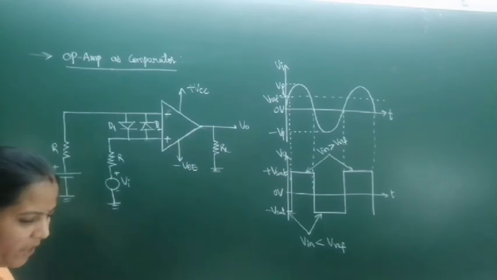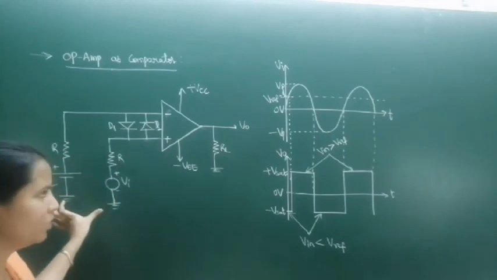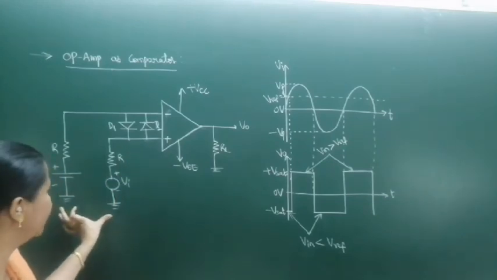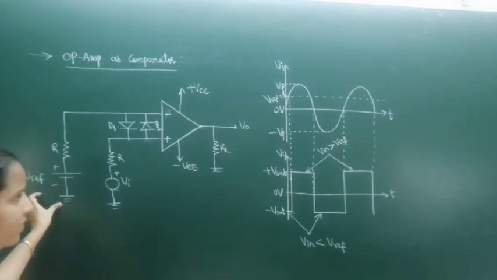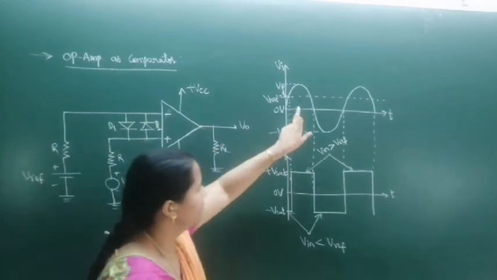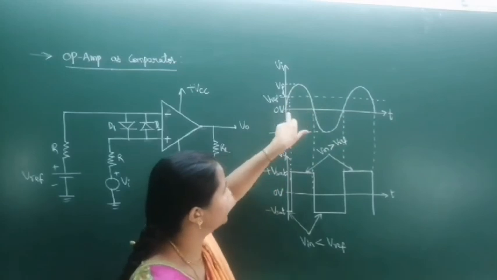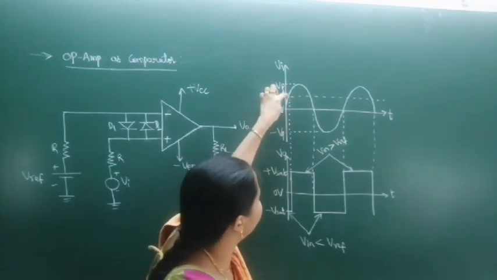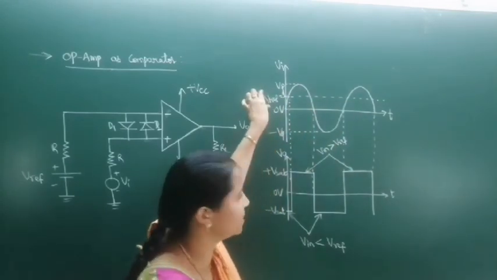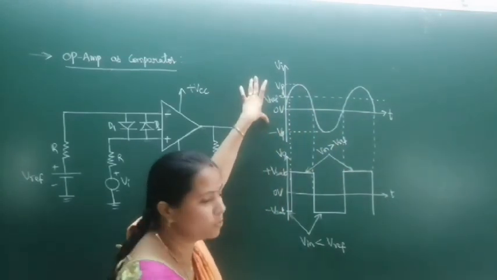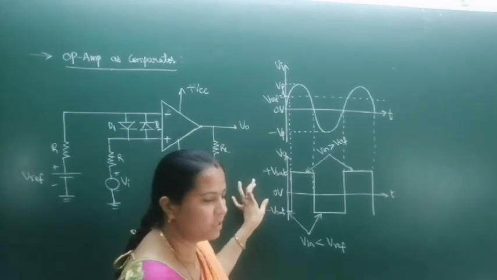Okay. So this is the circuit diagram. Here we are giving the two voltage signals: Vi, the time varying signal, and the fixed DC signal V reference. This is the first signal, the input signal Vi, and this is the reference signal. The dashed line indicates the reference signal. These are the two input signals, Vi and Vref, and this is the output signal.